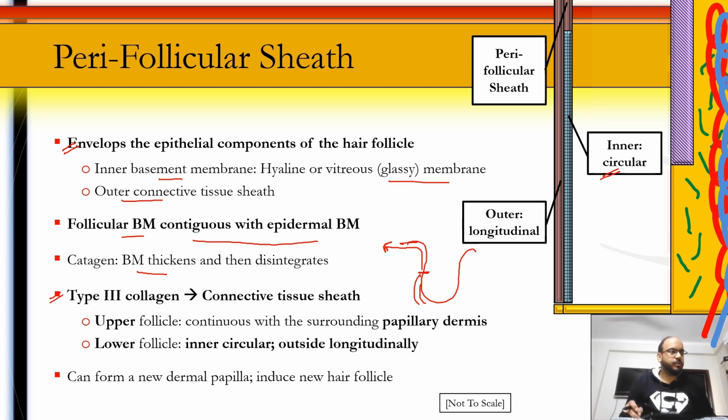But the perifollicular sheath can act as a source of mesenchymal stem cells. It's an important source of mesenchymal stem cells, and this can be a very unique opportunity to act as a source of wound repair. Whenever hair is plucked, it acts as a wound, and in fact there have been instances where transplanted hair has generated wound repair in a damaged skin part, damaged skin tissue. Okay, so let's move forward.